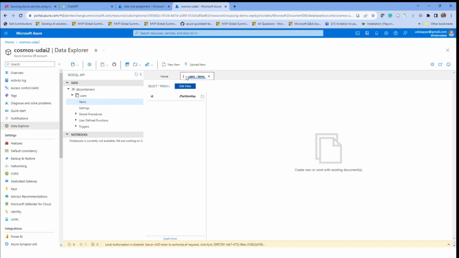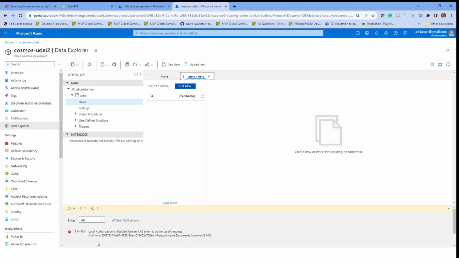Items, see that? What it says: local authorization is disabled. Use an AD token to authorize all requests. So you cannot use it. This data explorer cannot be used. Now you have to take a token and do it, a little weird. You lose that flexibility of seeing the data over here. All right, let me log in.